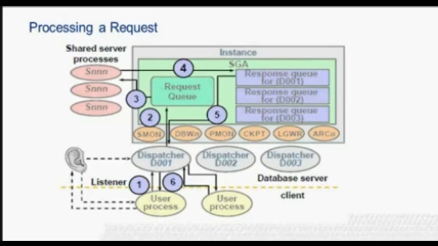Once the Oracle user call has been completed, the shared server process is released and is available to service another user call in the request queue. Request queue: one request queue is shared by all dispatchers. Shared servers monitor the request queue for new requests. Requests are processed on a first in, first out basis. The shared server places all completed requests on the calling dispatcher's response queue. Each dispatcher has its own response queue in the SGA. Users are connected to the same dispatcher for the duration of the session.